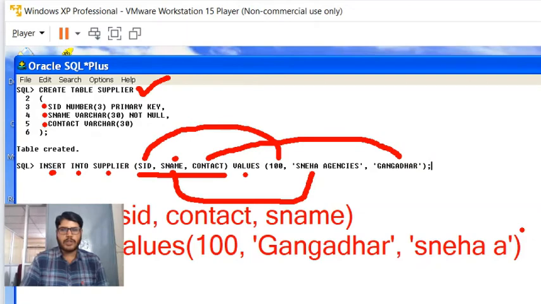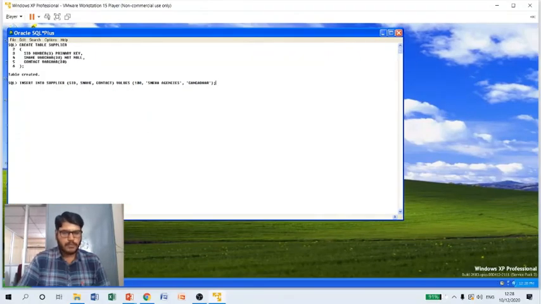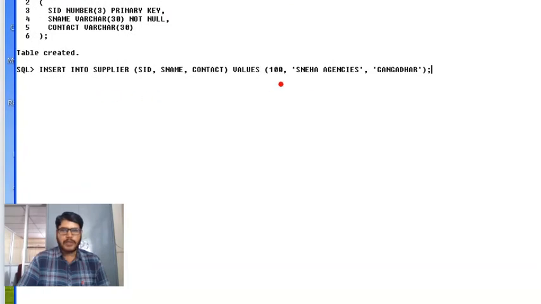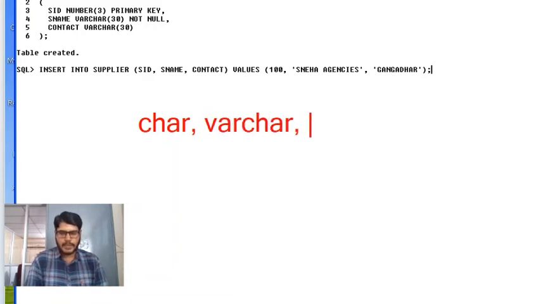And also please try to remember that while passing these values, when we are inserting values for character data types, varchar data types and date data types, if you remember, these are the data types. For columns, we are going to mention data types here.